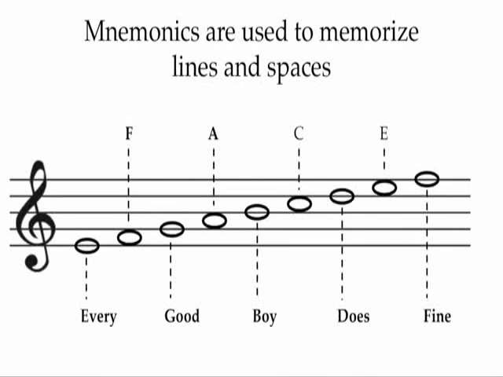The problem with this method is if you want to play the last line of the treble clef, you have to think, "every good boy does fine." Oh, it's an F. That's slow and painful because you have to go through the whole acronym to get to that F. It also teaches you to memorize that that line is an F, but it doesn't teach you which F. One thing you can get from looking at this picture is noticing a pattern. Notice as you go from line to space to line to space,